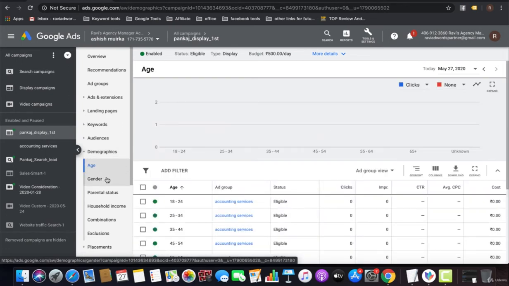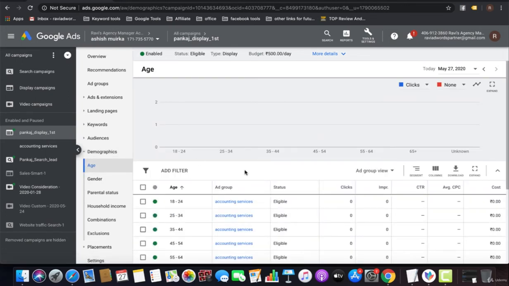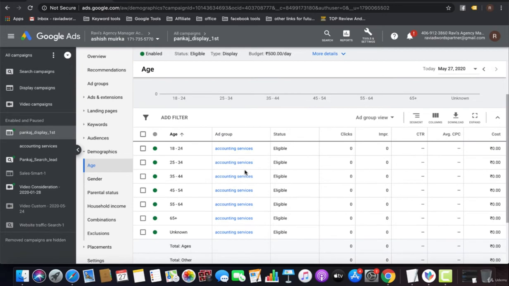Now you can select the demographic option as well, like in that particular demographic audience size you can select the age level, like on which audience age group you want to target. Like I don't want to target 18 to 24, I don't want to target 65 plus, and I want to target 25 to 54.